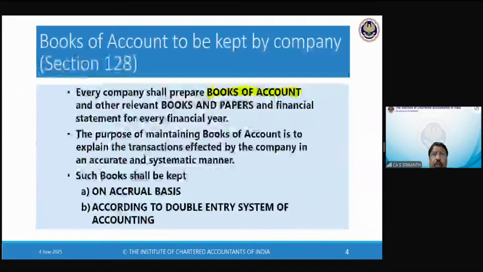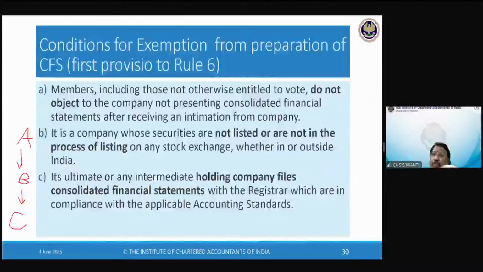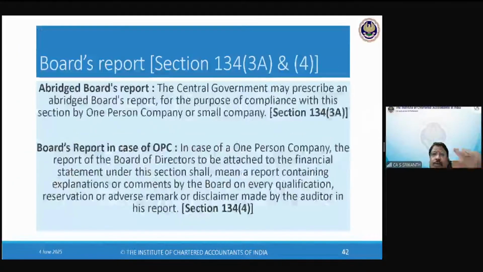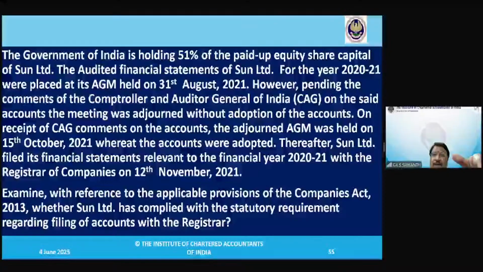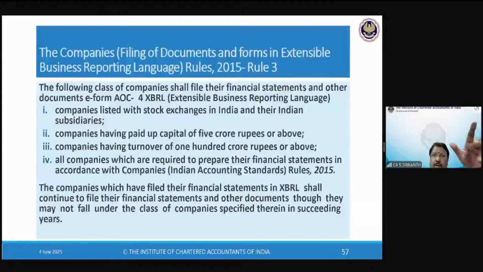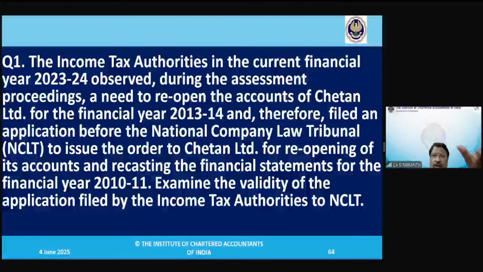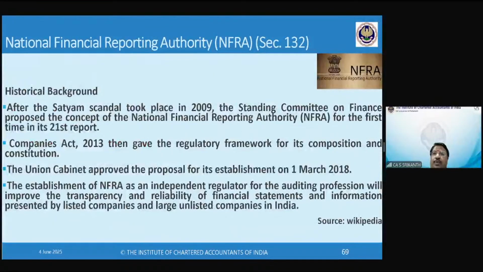Now, so let me quickly run like this and move on to 132. 132, you have already seen all this, I assume, and I should also presume that you have covered 137. Okay, with that, we can move on to 130, 131, etc. Just now you took questions in that. Yeah. 132 deals with the National Financial Reporting Authority.